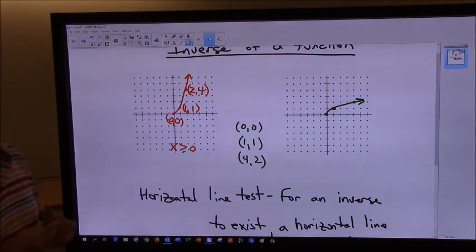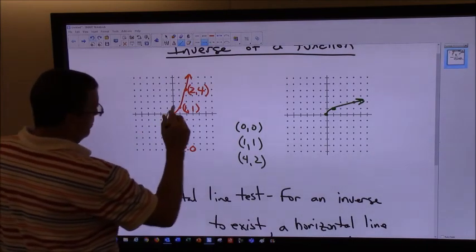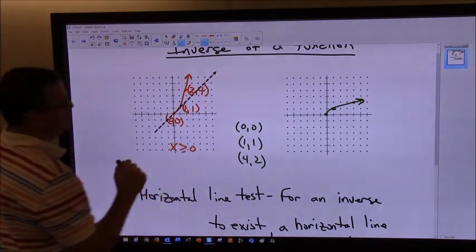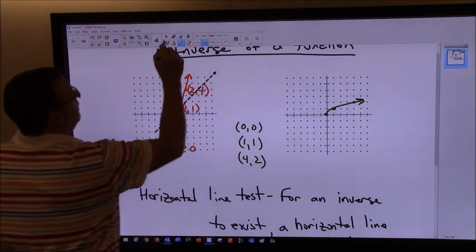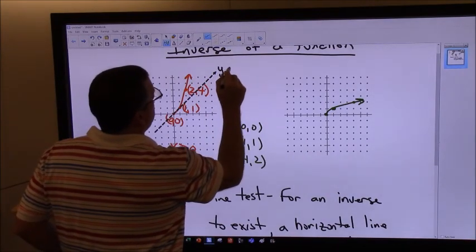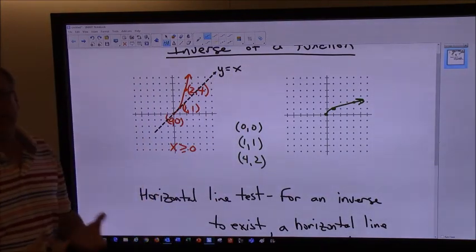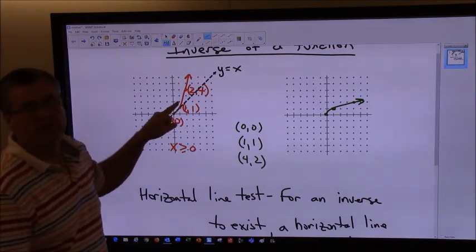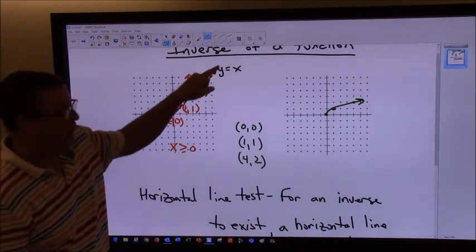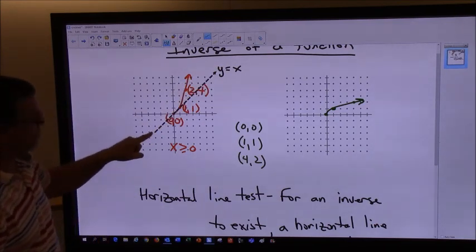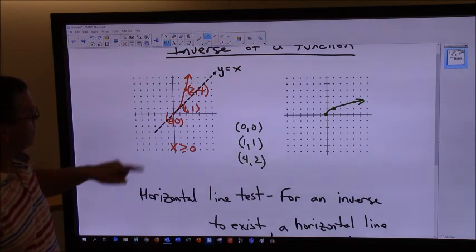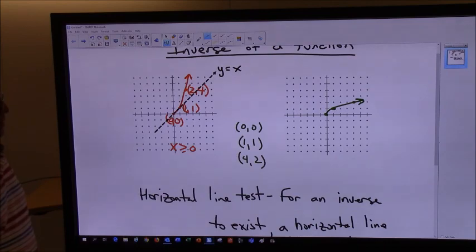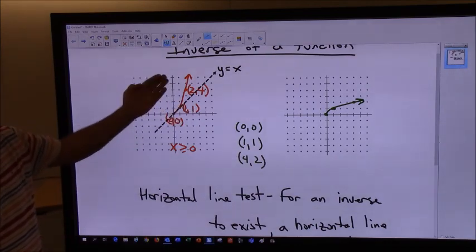Now, one thing that's kind of interesting, if I make a dotted line on my graph, and I make that dotted line go through the origin, and I call that line y equals x. It just means that my x and my y coordinates are always equal to each other. So I'm going to hit points like 1, 1, 2, 2, 3, 3, 5, 5. Down here I've got negative 3, negative 3. Okay? If two functions are inverses of each other, then they have to be reflections on either side of this